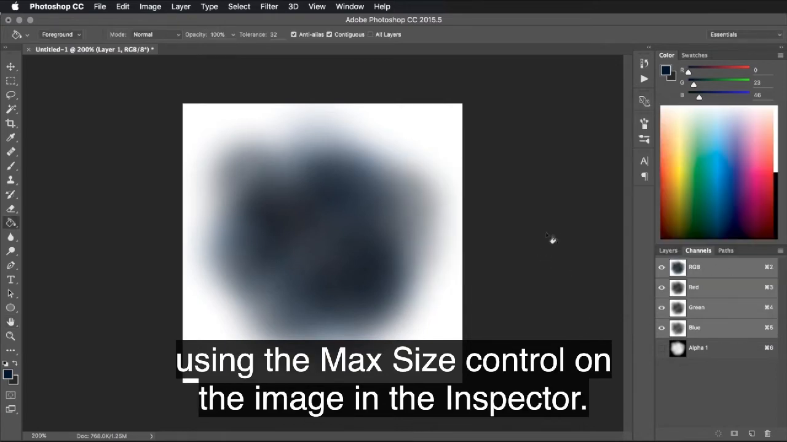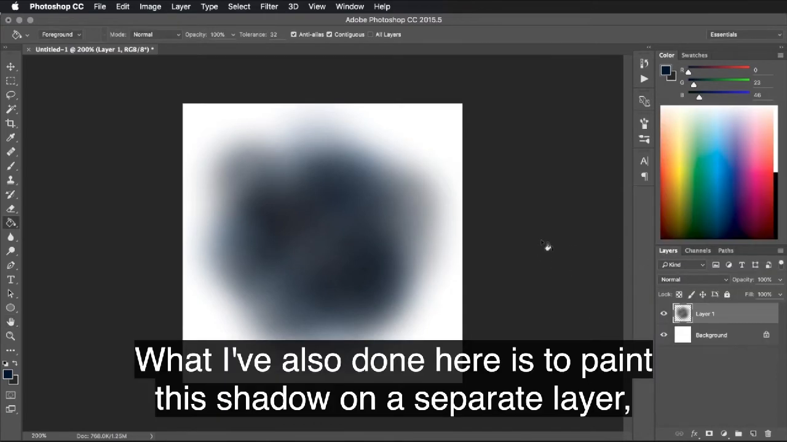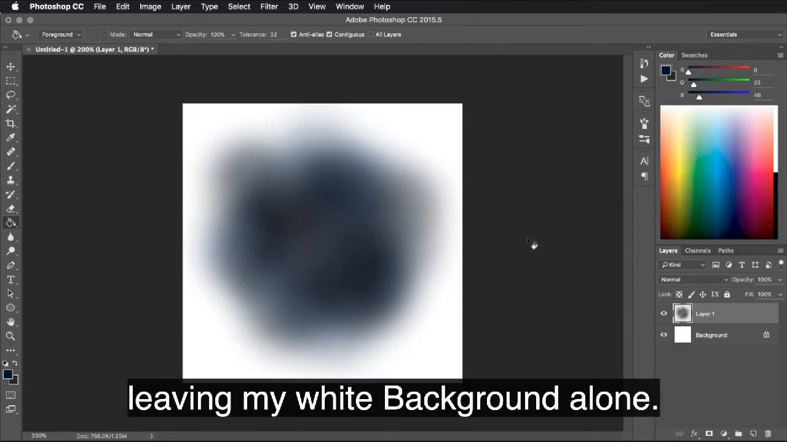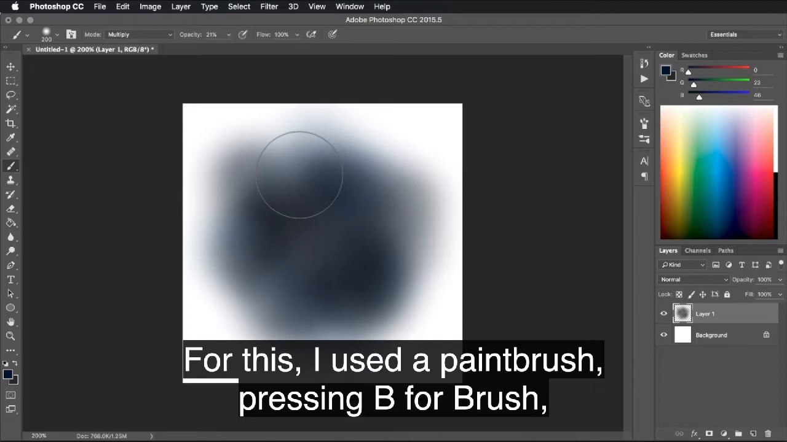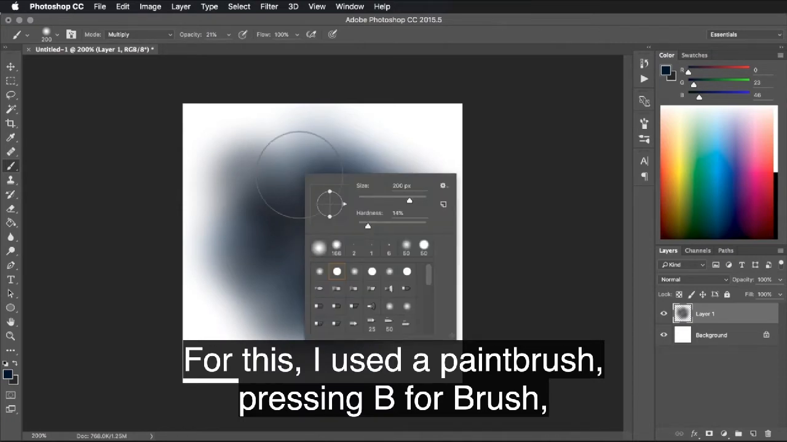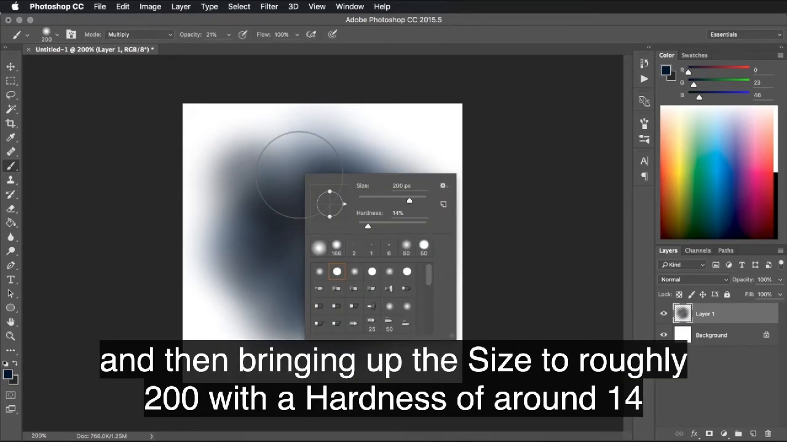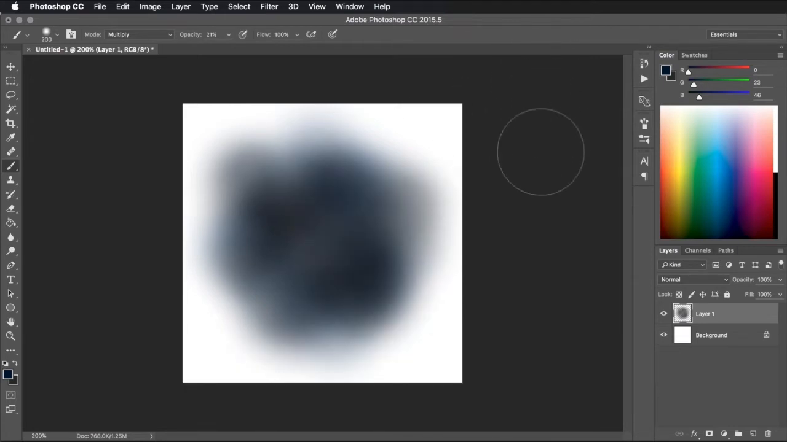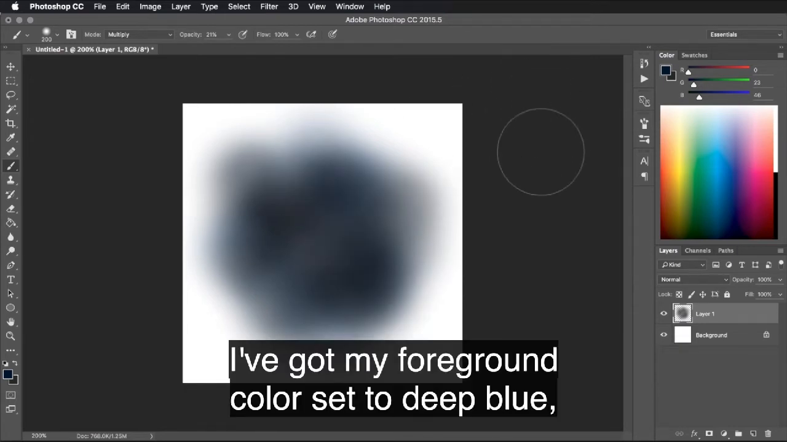What I've also done here is to paint this shadow on a separate layer, leaving my white background alone. For this, I used a paintbrush, pressing B for brush, and then bringing up the size to roughly 200 with a hardness of around 14. I've got my foreground color set to deep blue and my background color set to black, and in the brush controls,